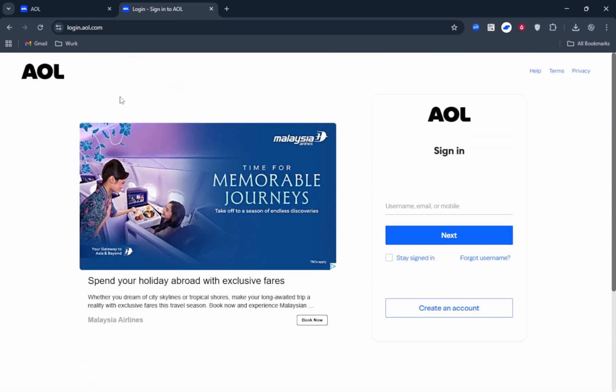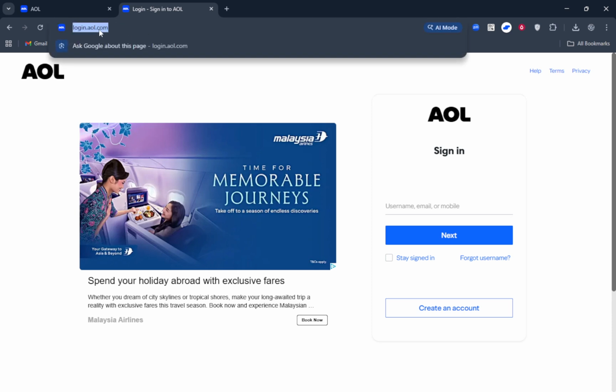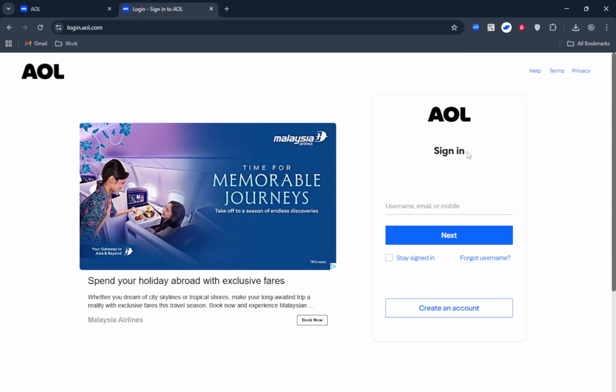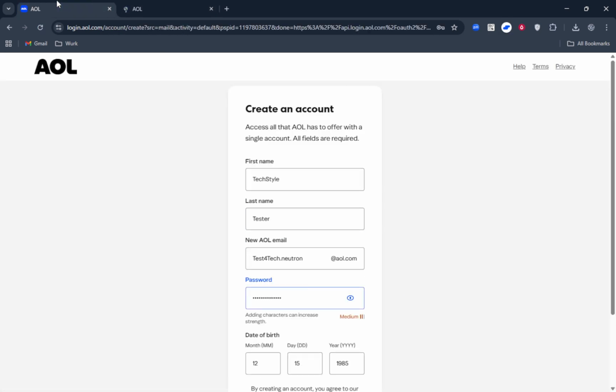Start by opening your browser and heading to https://login.aol.com. This is AOL's official sign-in page. On that screen, look for the Create Account option and click it. If you want extra peace of mind, glance at the padlock icon in your browser's address bar to confirm you're